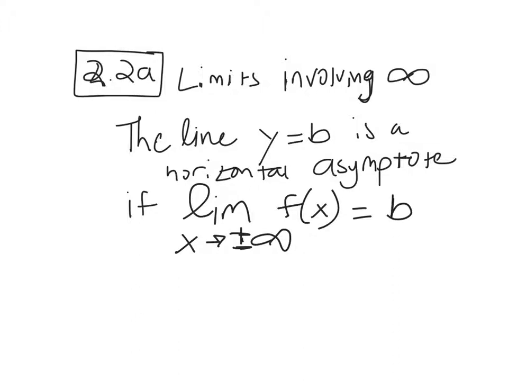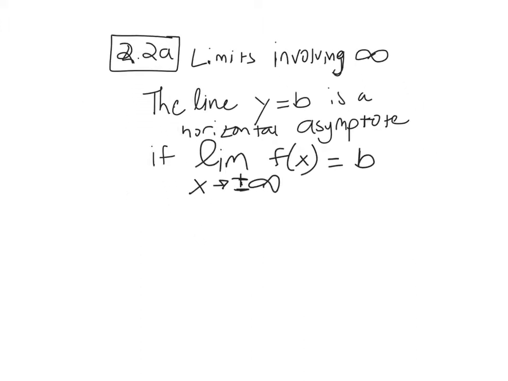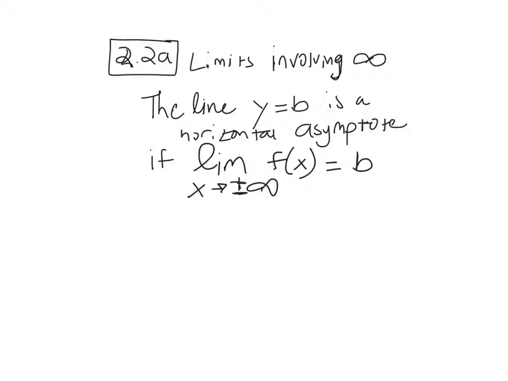Okay, so as x moves as far to the right as you can get it, and your y value is approaching a constant b, then that is a horizontal asymptote, just so happens to be. So let's take a look real quickly at something like y equals, let's do 2x plus 3 over